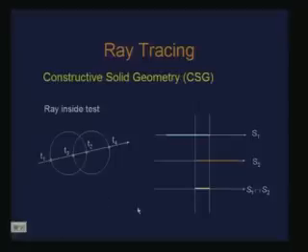right. So, if I was to find out the ray inside test for the union, then all I need to do is take the union of this and this, which would give me T1 and T4 as a span, right. Similarly, if I am performing an operation of difference S1 minus S2, then the same operation can be applied onto the T spans,